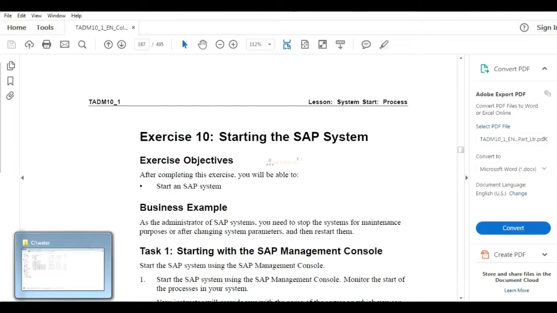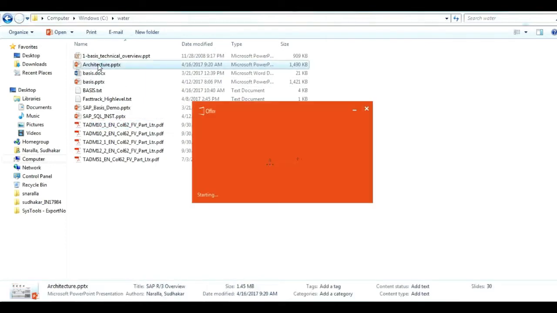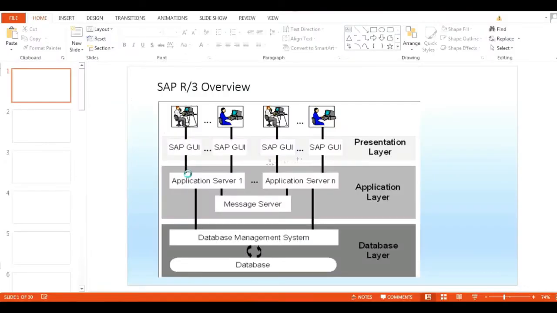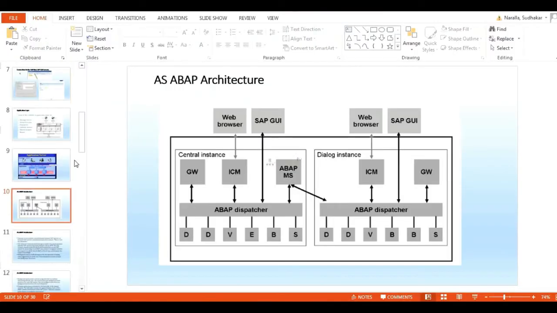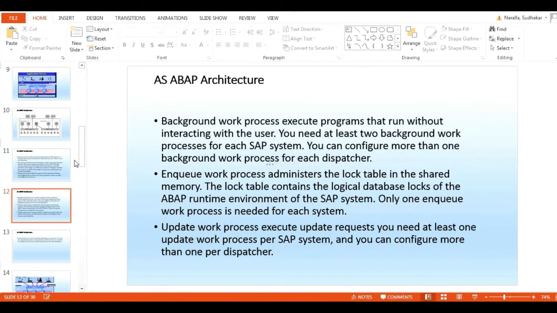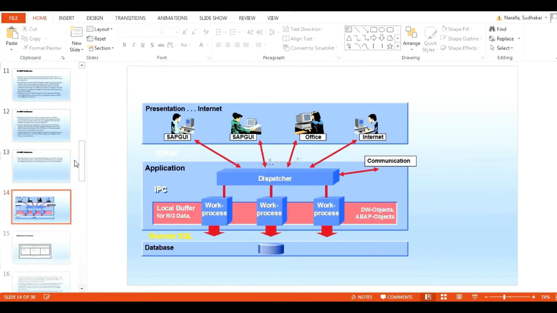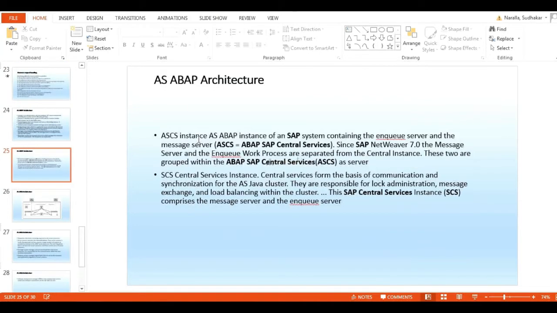We have seen this picture, right? This is the ABAP architecture. So at the ABAP level also we have a central services instance.